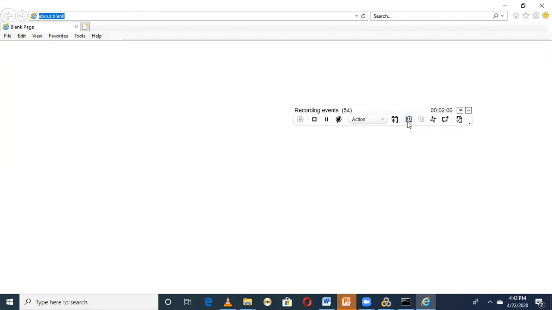After giving the URL and pressing enter, it will go to the home page, as we all know. How much time it has taken for this process is going to be collected with the help of this start transaction as well as end transaction. I hope I am clear, guys.